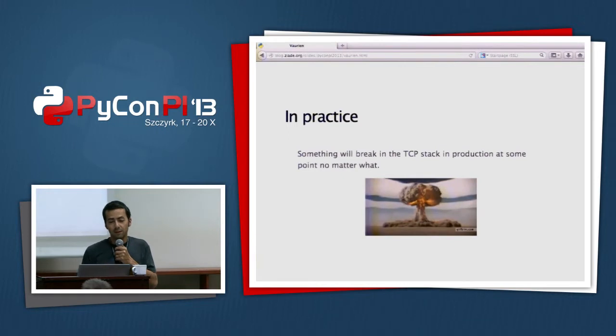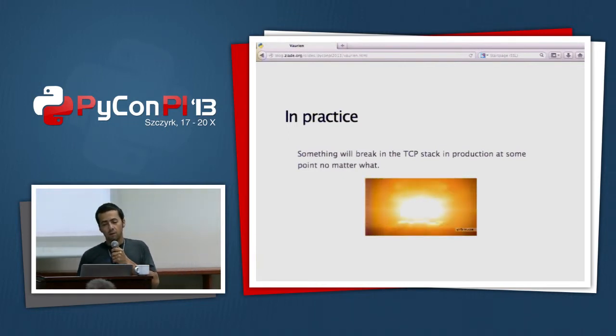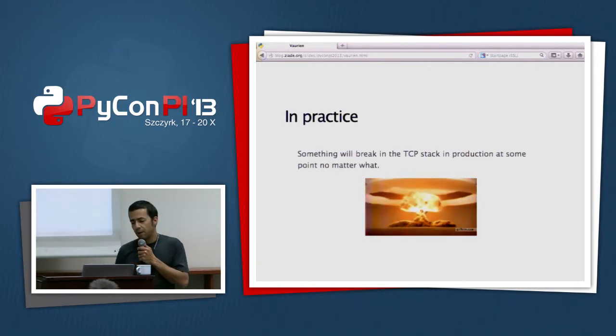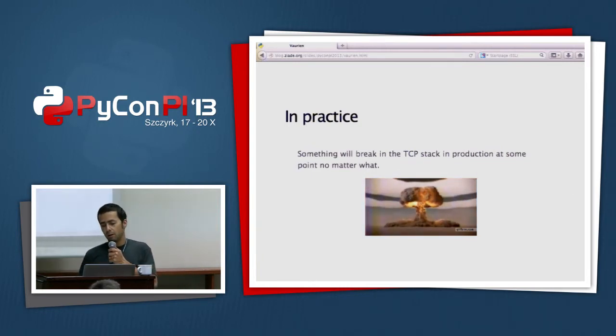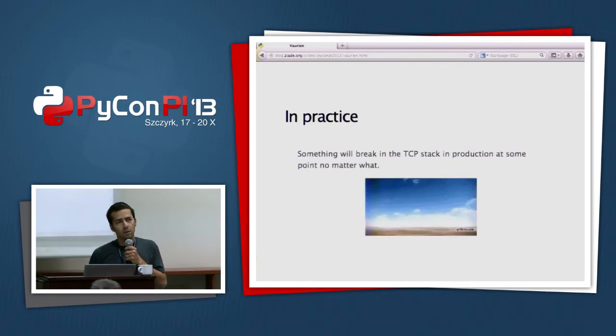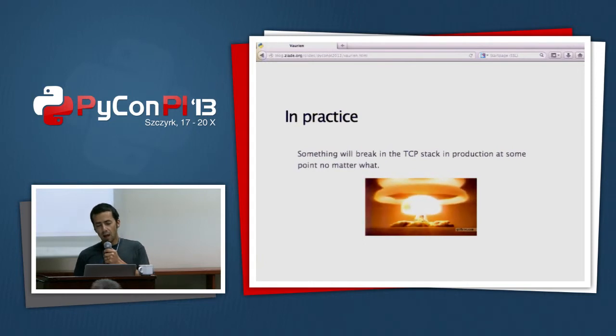The truth is that sometimes, well, most of the time in practice, something will break. I have many examples, but when you build a stack that has many small pieces that interact together, it's impossible to have everything run smoothly, and you will have issues.